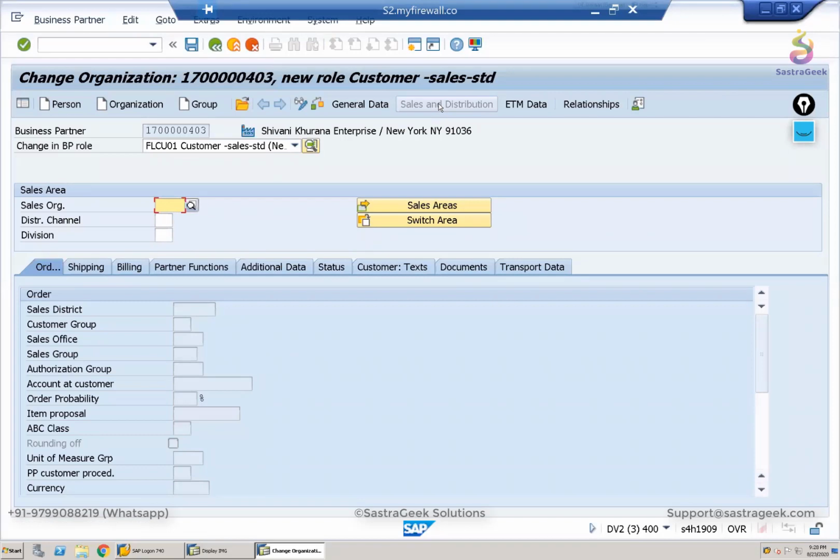We provide our sales area. Do you guys remember what our sales organization is? RP01, distribution channel 20, and division 20. The moment I press enter, the system accepted that, verified all the basic information, and now we are in the